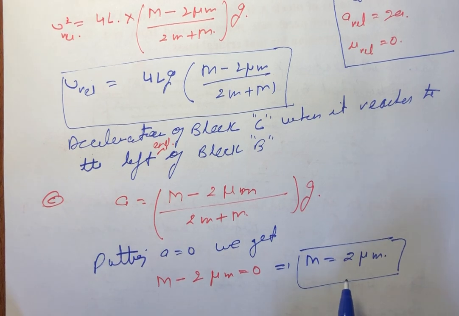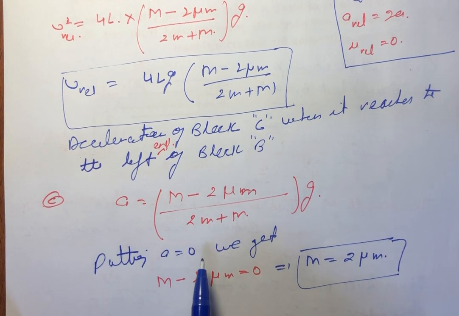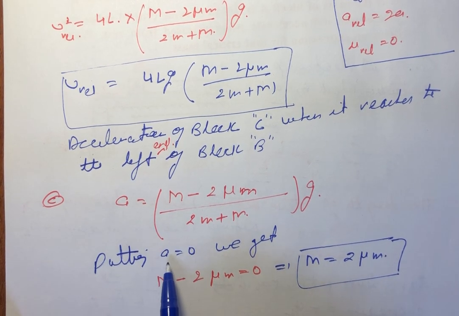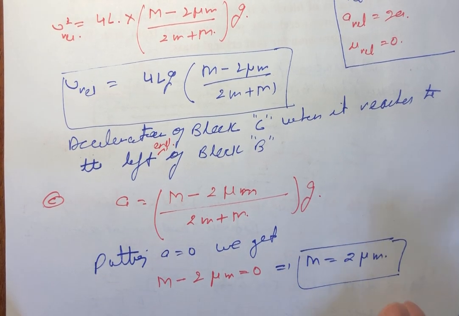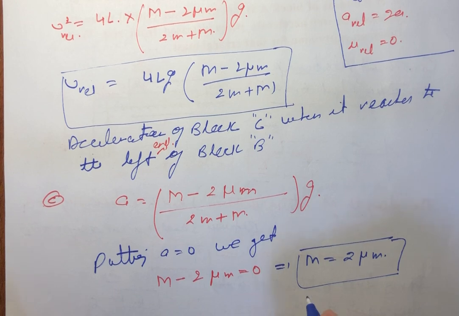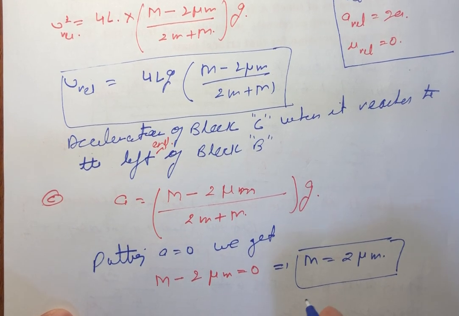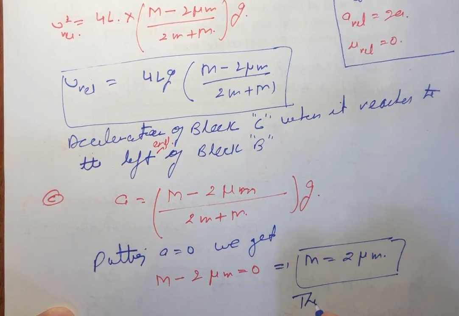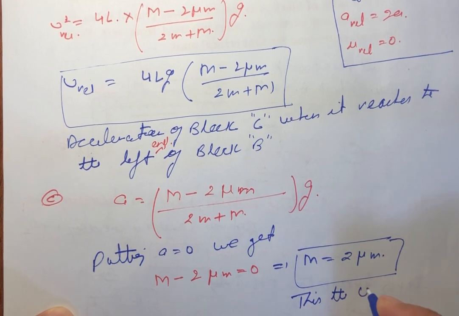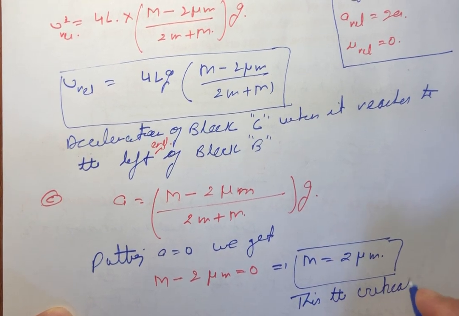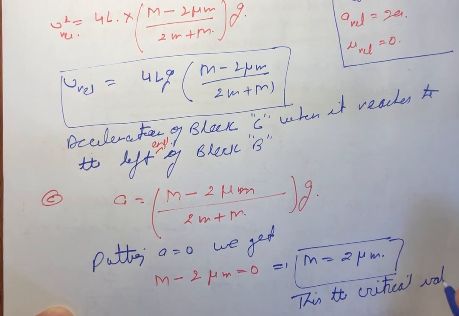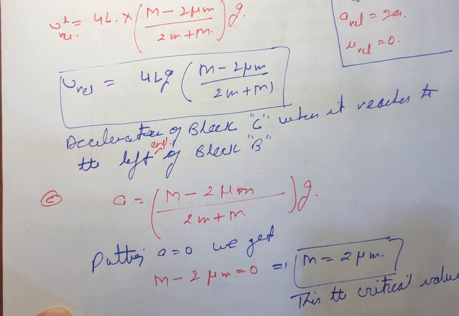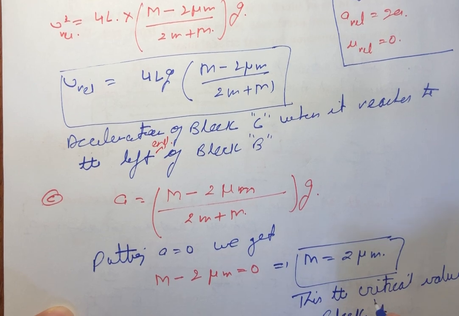So if this condition exists, then we can clearly say that there will be no acceleration. So this is the critical value of mass of block A